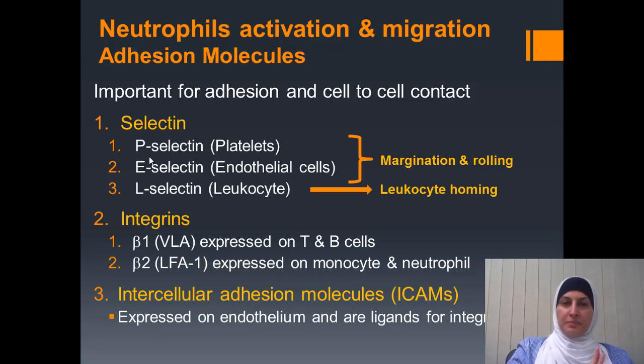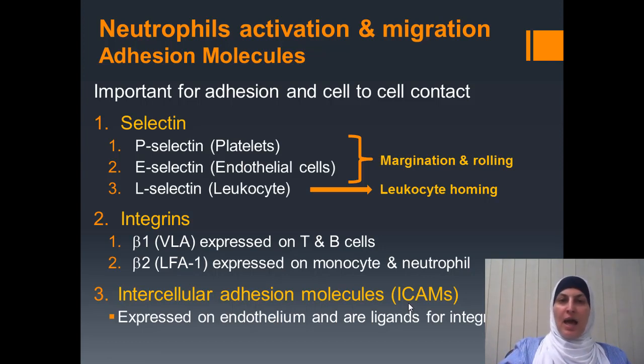Integrins are usually expressed on leukocytes. So we have beta-1 integrins which are expressed in the T and B cells, and we have beta-2 integrins which are expressed in the monocytes and neutrophils. And finally, the cellular adhesion molecules, different types of cellular adhesion molecules. They are important for